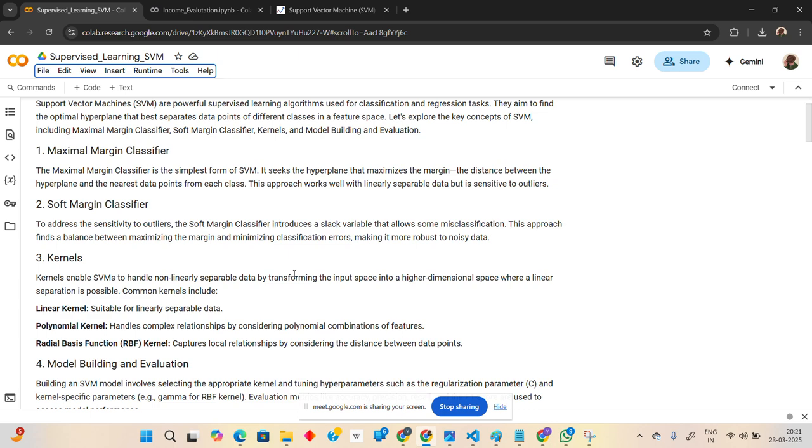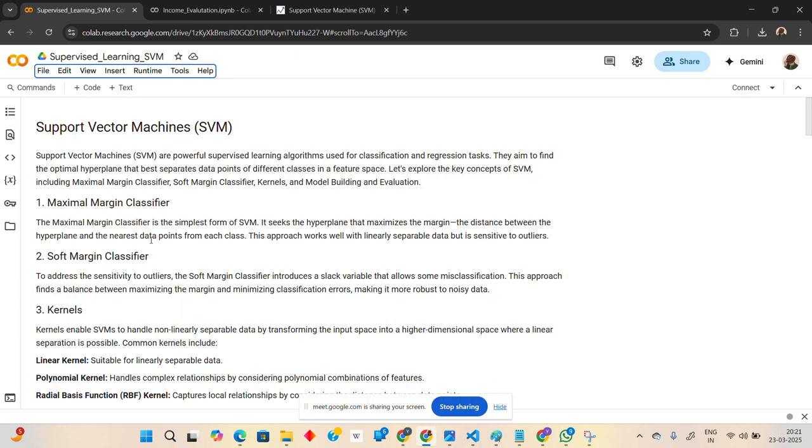Shall we start? Yeah, good. Okay, so today the concept we are going to learn is support vector machine, SVM. In short, we can call it SVM. This is another machine learning algorithm. So far, we learned linear regression and logistic regression. So today we are going to learn about